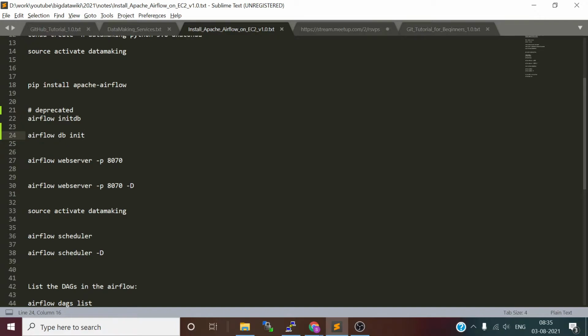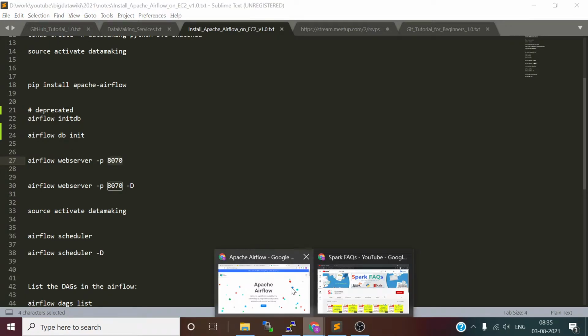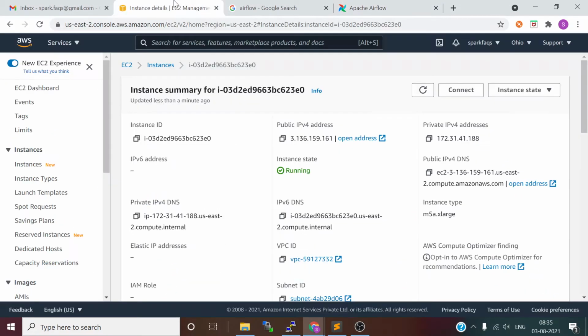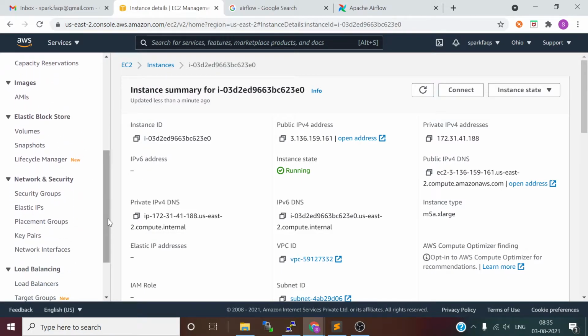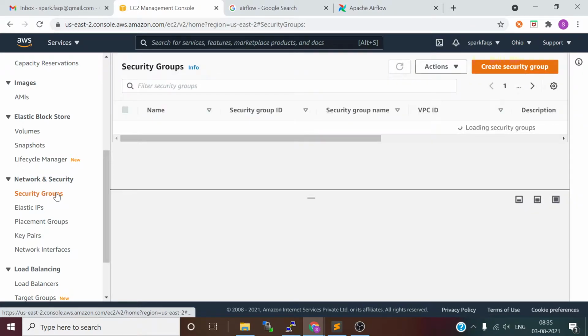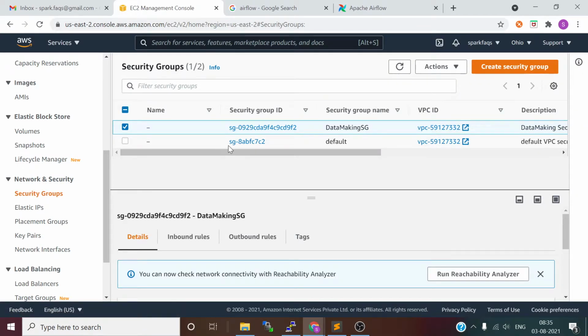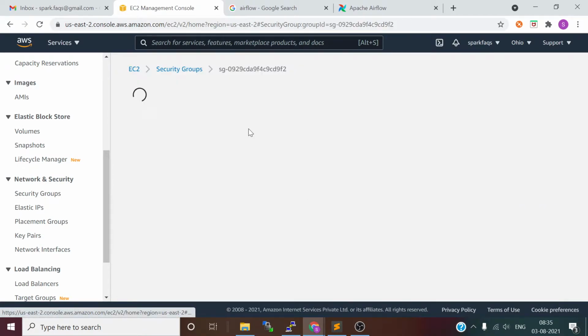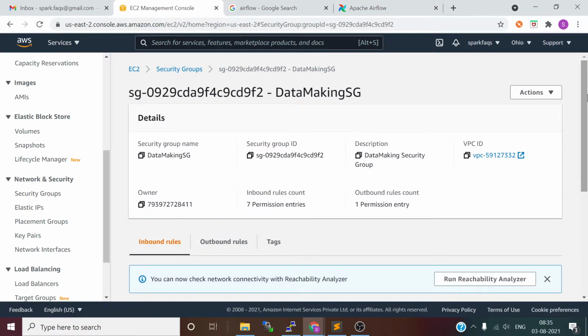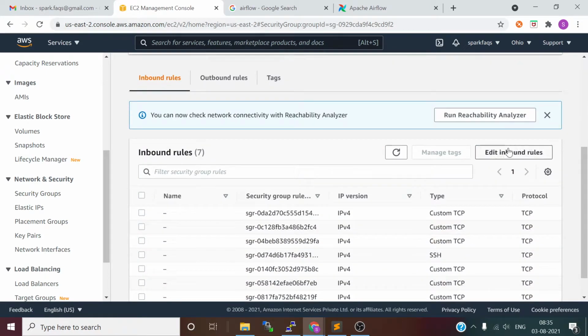I want to configure the web server on 8070. By default it is 8080, but I used that for other components. For that we need to add a firewall rule. Just go to the EC2 instance dashboard, go to the security group, open this security group, and edit your inbound rule.